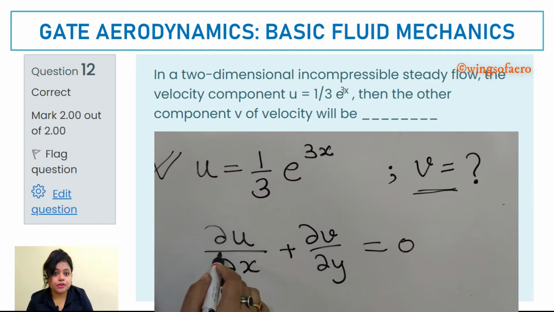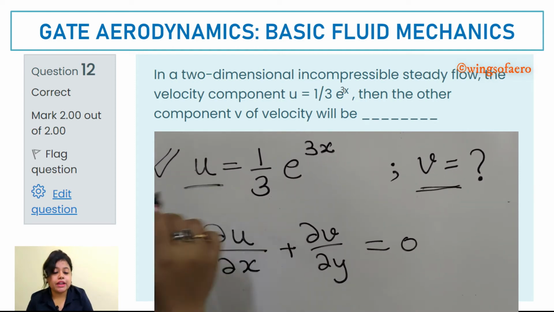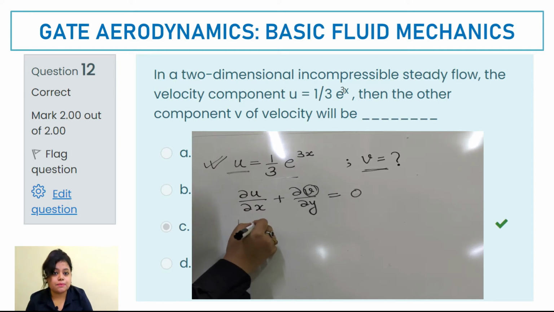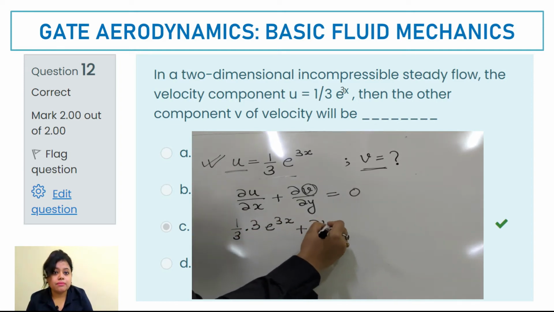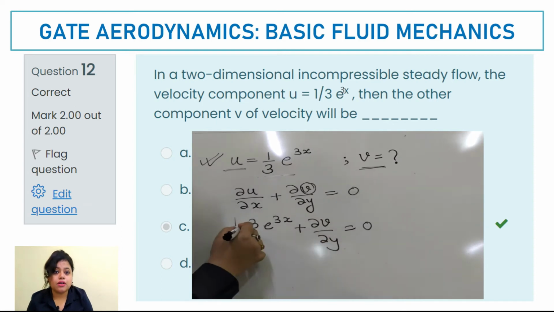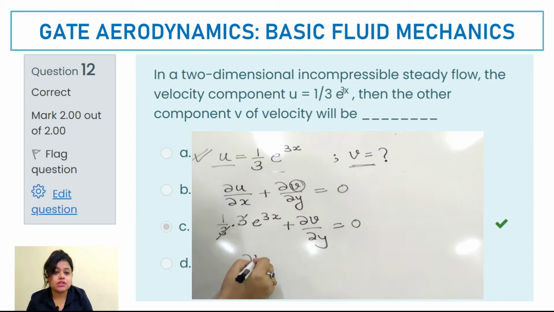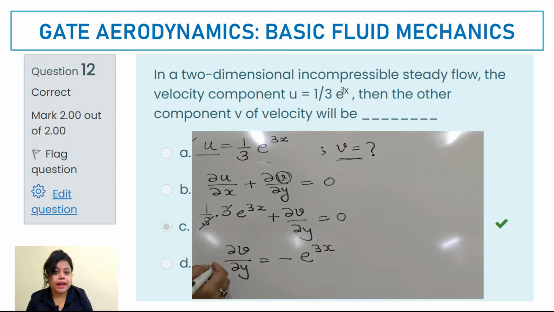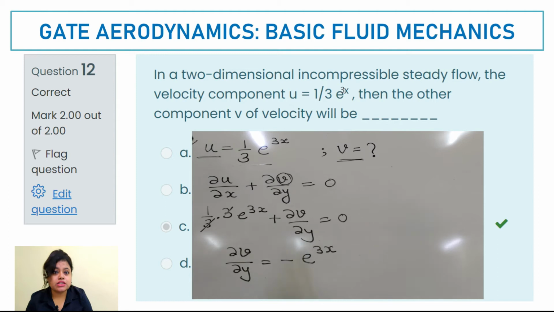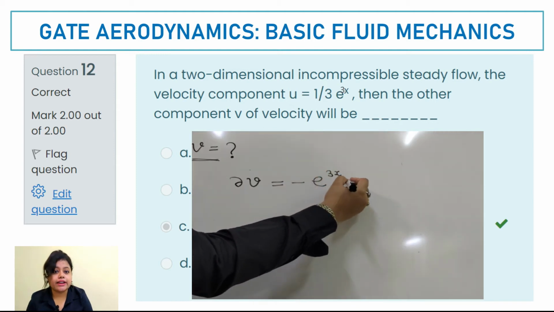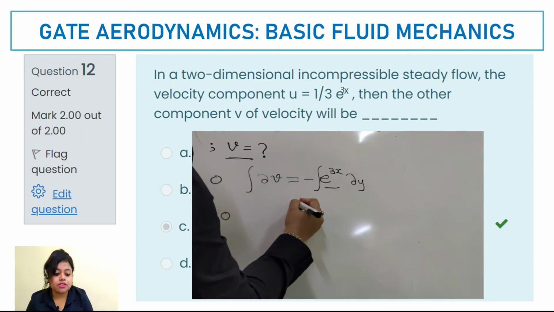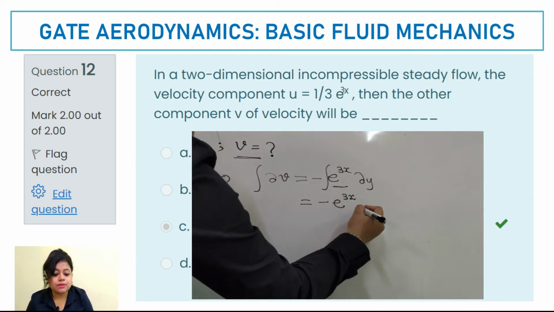Now first you have to differentiate ∂u/∂x. That is, the u term is given, you find out the value, substitute over here, then from that you interchange, or you can simplify the equations, and you get this equation equals ∂v/∂y. Now you take this ∂y to the other side and integrate on both sides, and you get minus 1 by 3 e power 3xy plus